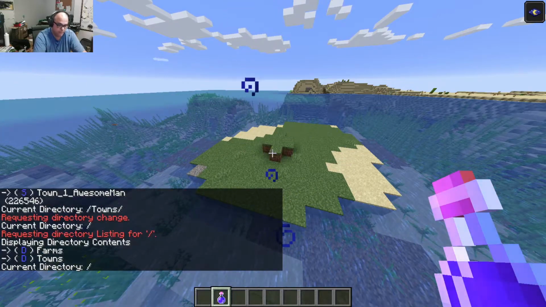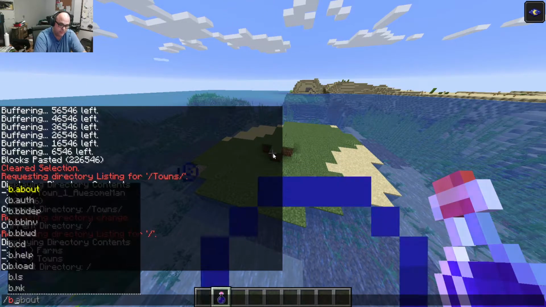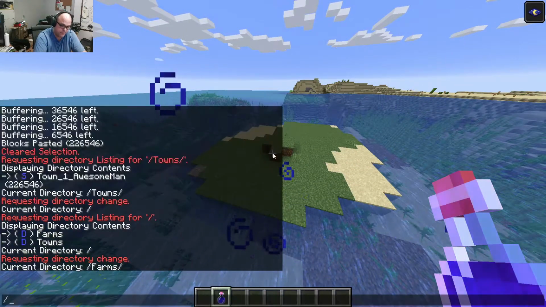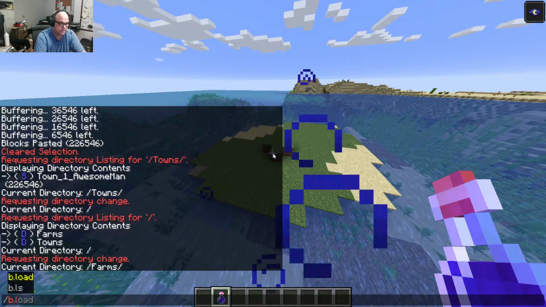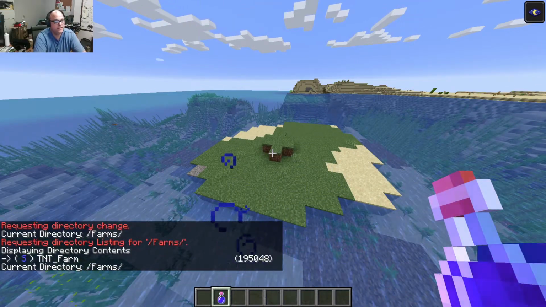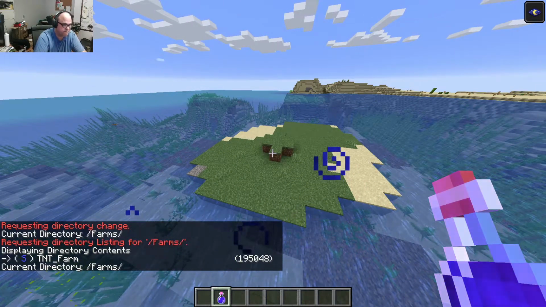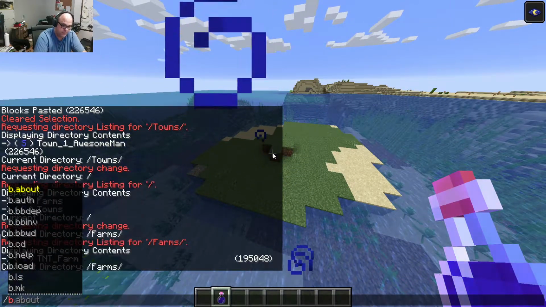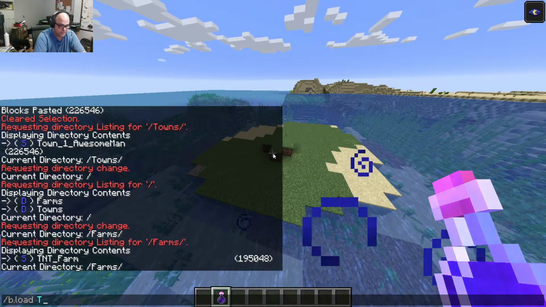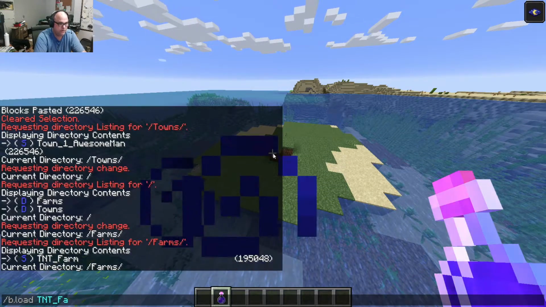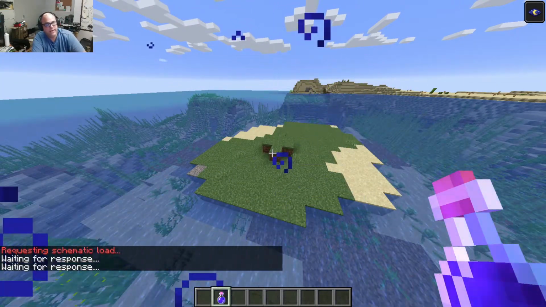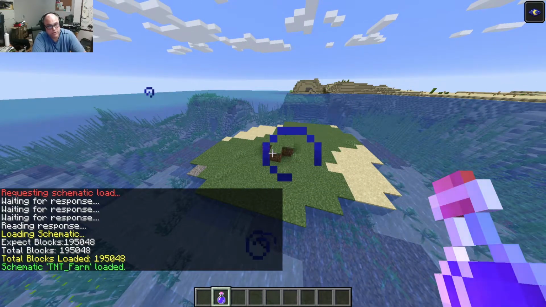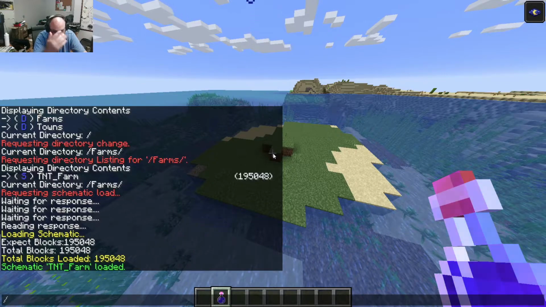We want farms. b.change directory, farms, case sensitive, b.ls. Hey, look, I got a TNT farm in there. So let's load that sucker right on up. So we just say b.load TNT underscore farm. We hang out for a second. It's going to contact the world and load everything. So it just loaded quite a large one. All right. So anyway, let's just do this